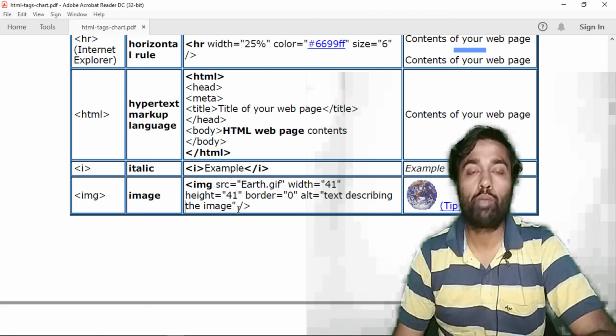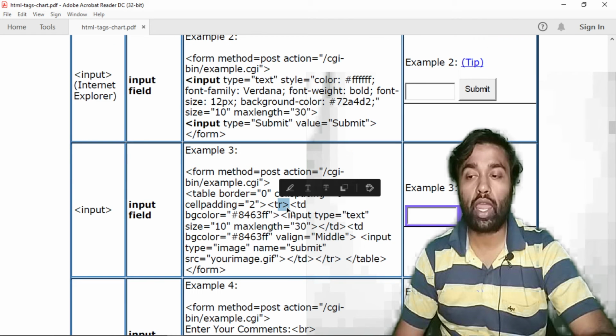If we talk about a more enhanced version of input type text or input button, then you can create a table for this. A table starts with table row and table data. So there are two table rows in this one table, and two data cells. The first row is here, so TR is here, and in TR, the TD table data holds the input type text. First the input type text is created here.